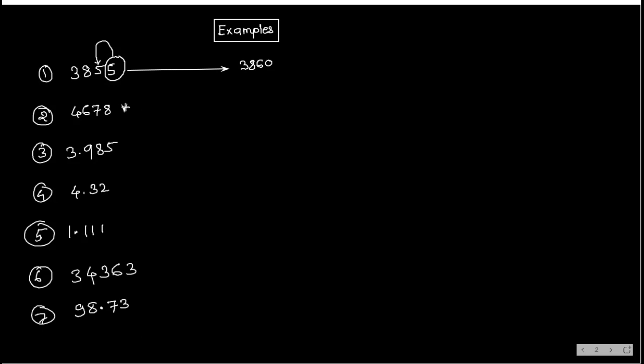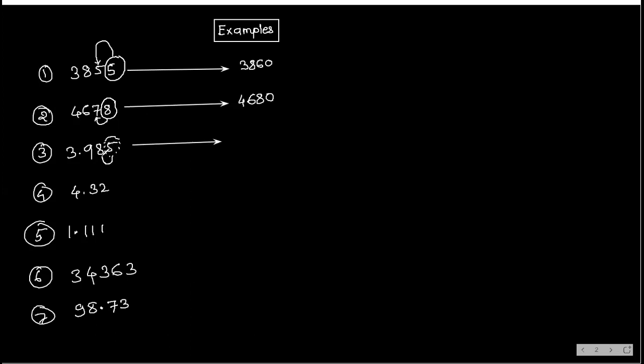Next one. Now this number, you see 4, 6, 7, 8. So now let's see the last one: 4, 6, 8, 0. So you can see easily that 4, 6, 7, 8 is very near to 4, 6, 8, 0. It means nearly equal. So now here, when we add one, what will happen? 4, 6, 8, 0. After that, the next one.